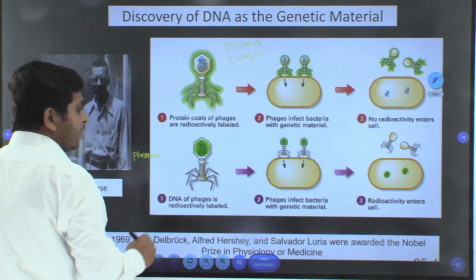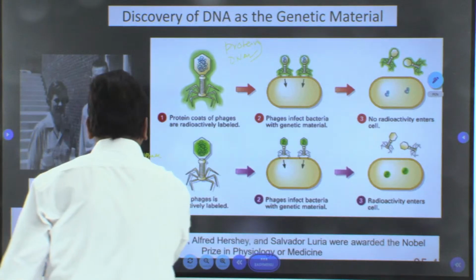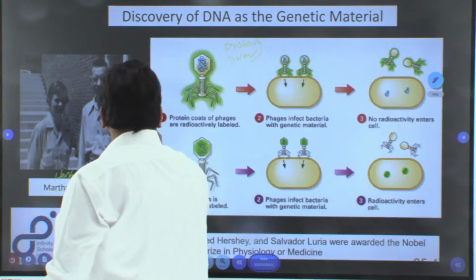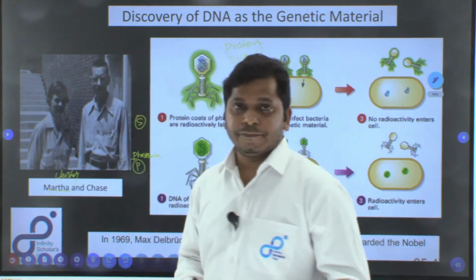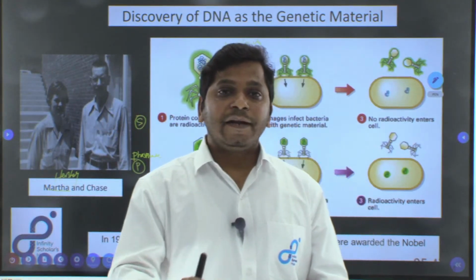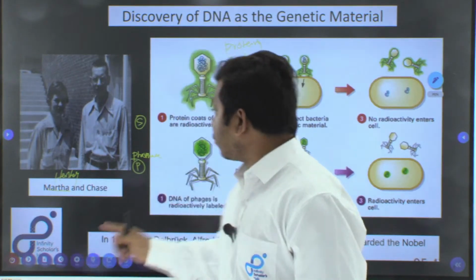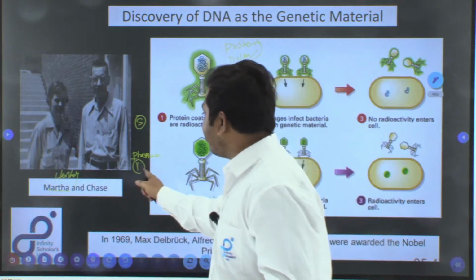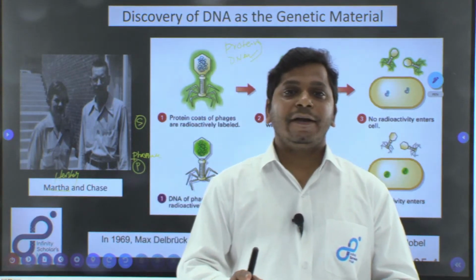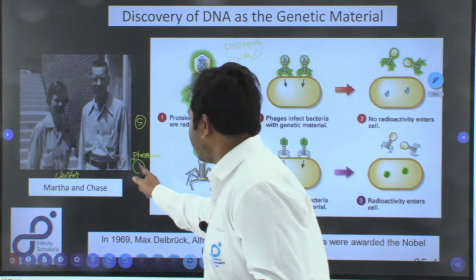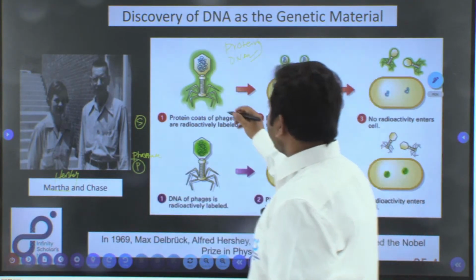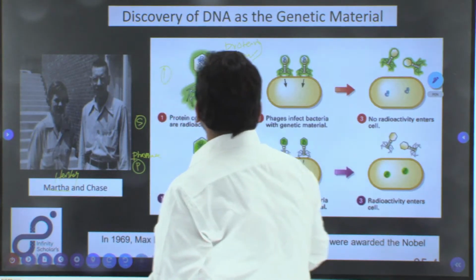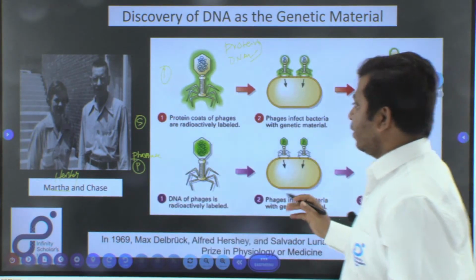So that means DNA has a phosphorus group, whereas protein contains sulfur and DNA doesn't have sulfur. So they radio labeled specifically the protein using radio labeled sulfur, and the DNA using a radioisotope of phosphate. Now, for example, in the first experiment, experiment 1, they have only coated with